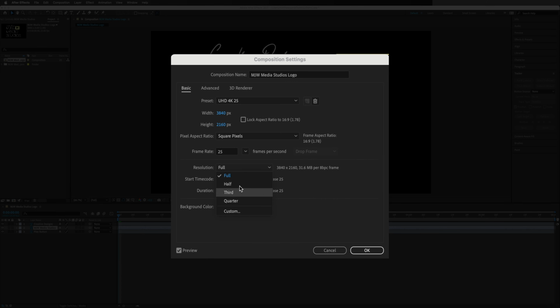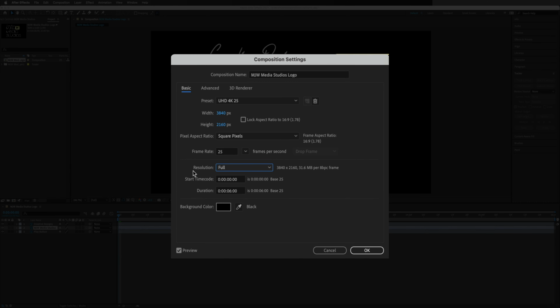No matter what you choose in here, it really does not matter when it comes to exporting your file. When you come to export your file, it's going to be at full resolution anyway. This is just a way of having the option to change the resolution inside of your project. So when you come to run multiple files, it's not going to struggle as much, as essentially it's shrinking the file. So I hope that kind of makes sense.